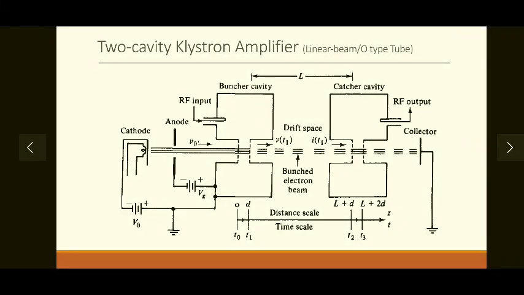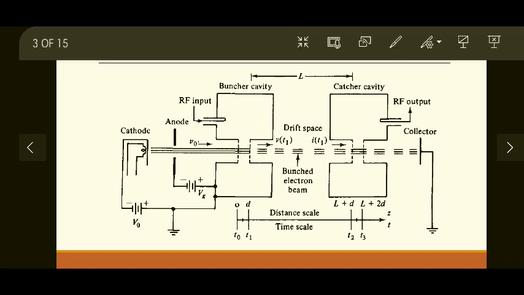So this is the diagram which we are going to use for analyzing the actual velocity modulation process. This is slightly different from the previous diagram that we have seen. Now if you observe, we are applying the input here instead of at the lower part of the cavity and taking the output from here. So it doesn't matter where we apply it, whether here or here. This is how we are applying the input and taking out the output.